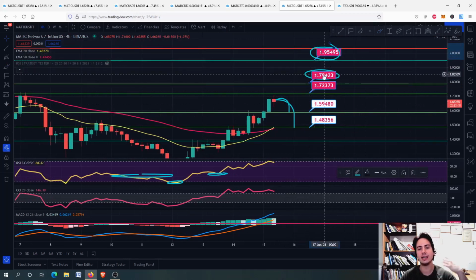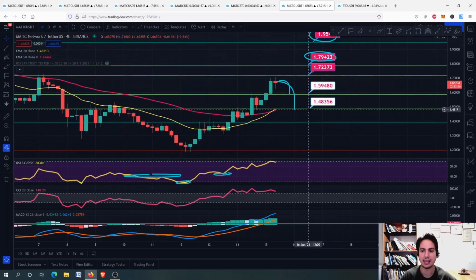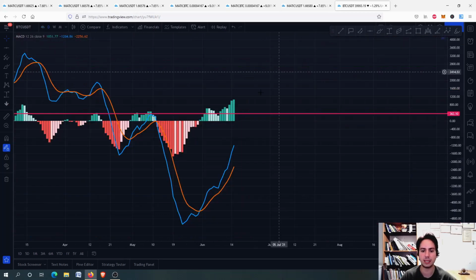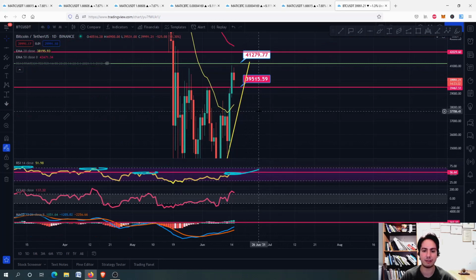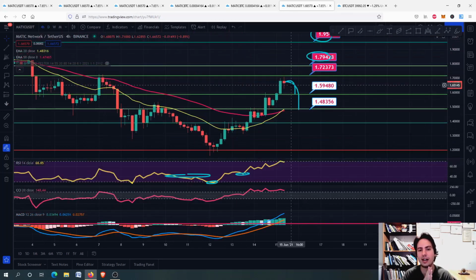For now, guys, if you are a new investor, just wait a little bit. We are sitting in an overbought situation for the 4-hour frame. Therefore, we might experience some further downside, 1.60, 1.48 USDT. Of course, there is a possibility, guys, that Bitcoin will have a further correction here. Therefore, I believe that for now it is safer not to invest.